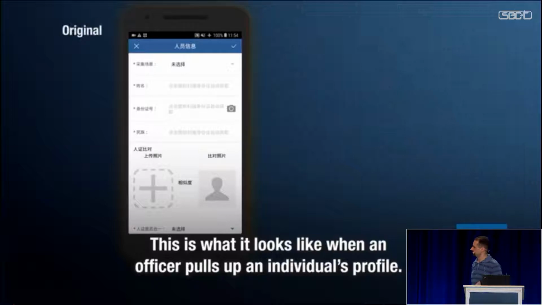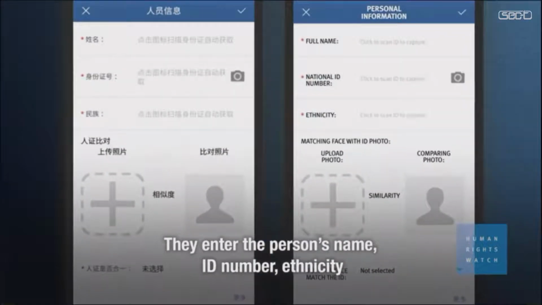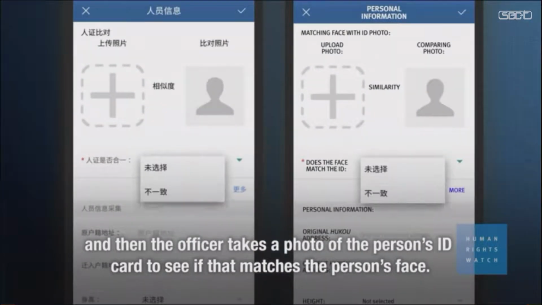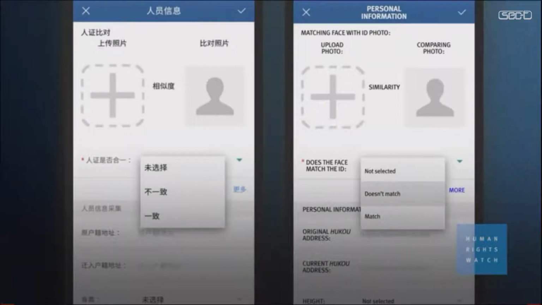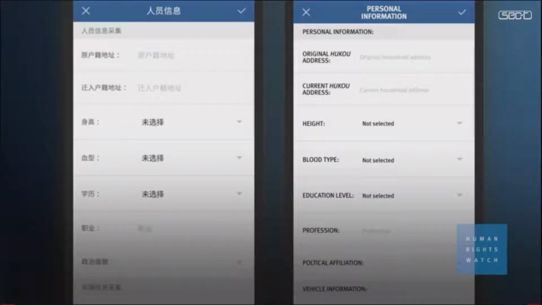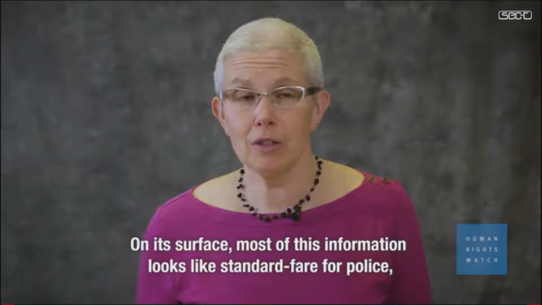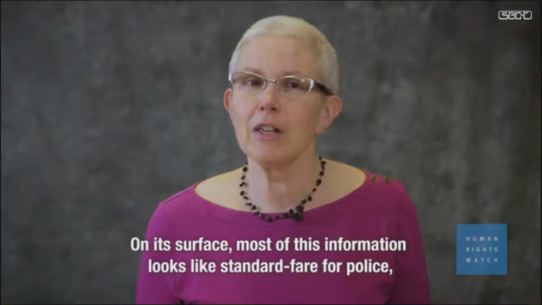Officer pulls up an individual's profile. They enter the person's name, ID number, ethnicity, and then the officer takes a photo of the person's ID card to see if that matches the person's face. As you scroll, you see more information is being collected from the person, including their address, how tall they are, their blood type, their educational level, their occupation, their political affiliation, information about their car, license plate, driver's name, driver's ID card number. On its surface, most of this information looks like standard fare for police, but as we dig